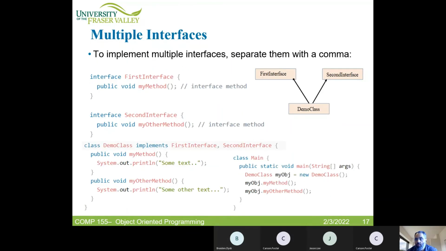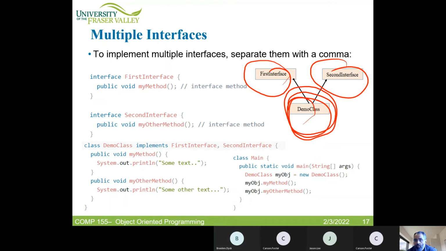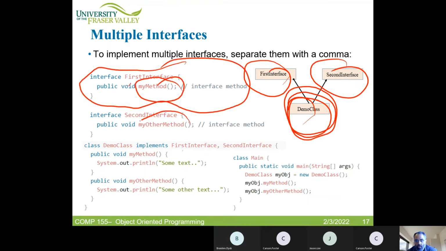However, since we are talking about interfaces, each method has no implementation, so there is no ambiguity. In this example, you will have a first interface with my method, and another interface with my other method. They can also have the same method, because since the method has no implementation, it will not cause any confusion in the child class. And here you can see